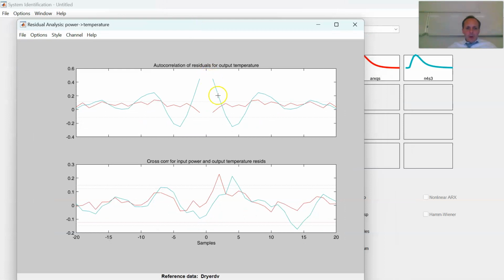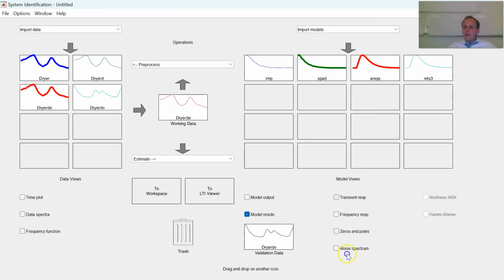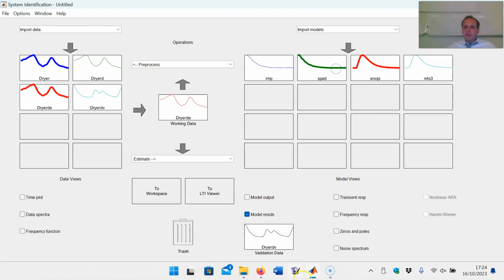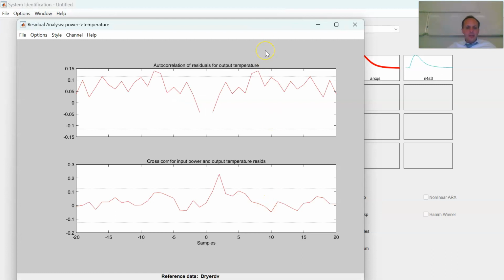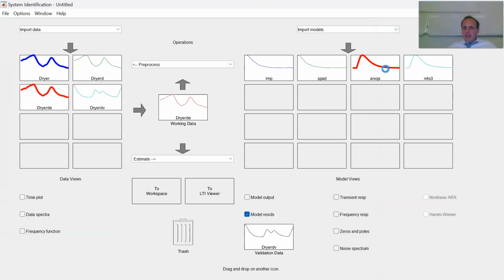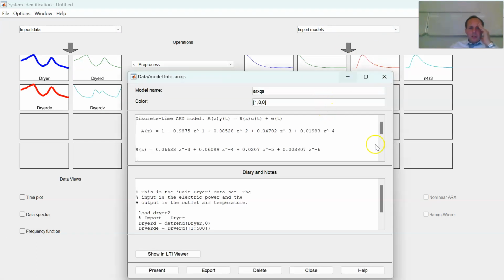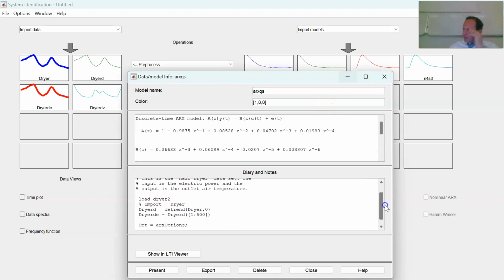And you can also notice that the state-space model is not really good, and the model residual is saying that the residual is almost white, not perfectly, but let's see which kind of model. If you click on the model, you can see here that